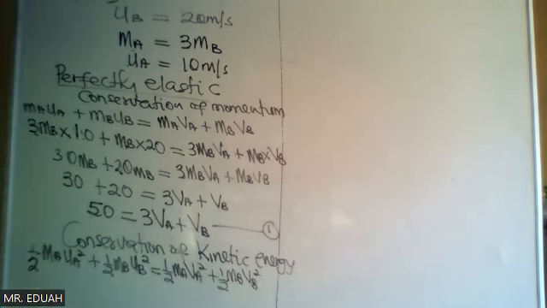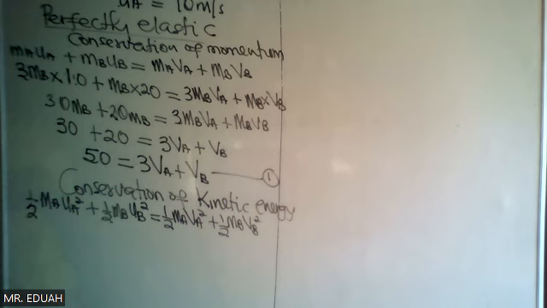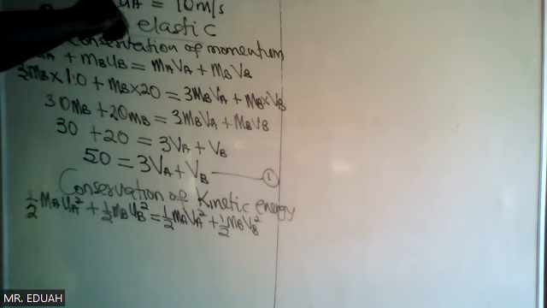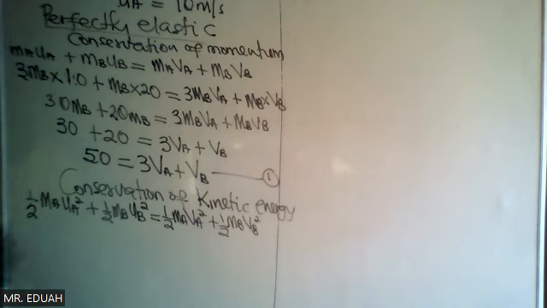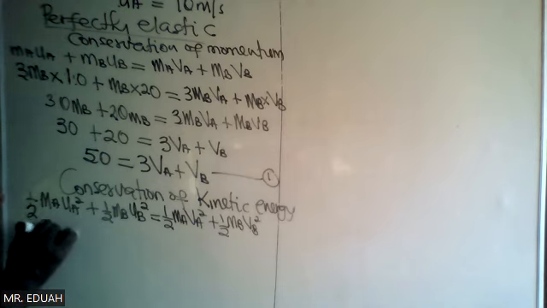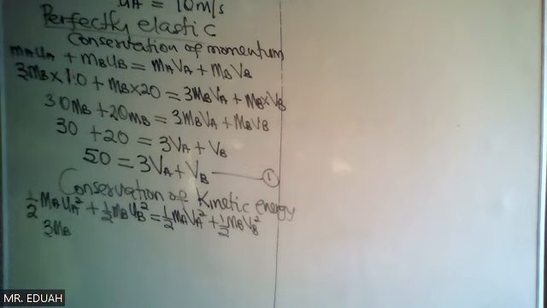When you multiply by 2, you eliminate all the halves or fractions. Okay, so let's directly substitute MA and then MB respectively. MA is equal to 3 times MB. So 3 times MB times UA is 10, so 10 squared